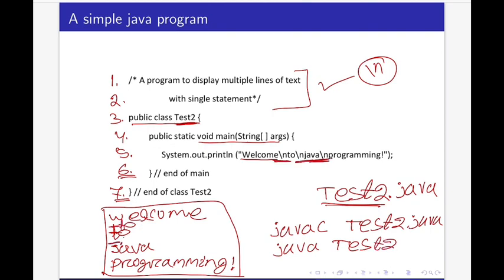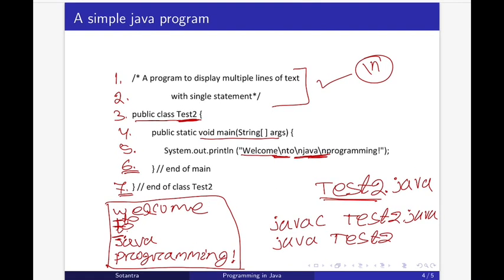So \n here is also called an escape sequence. An escape sequence consists of 2 characters and starts with a backslash character, like this is the backslash character.